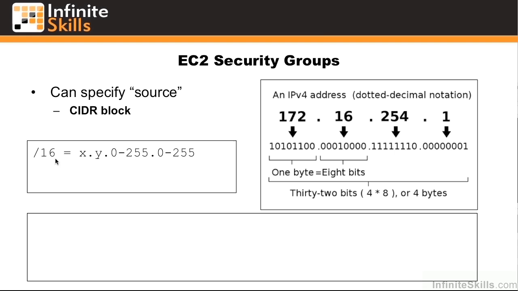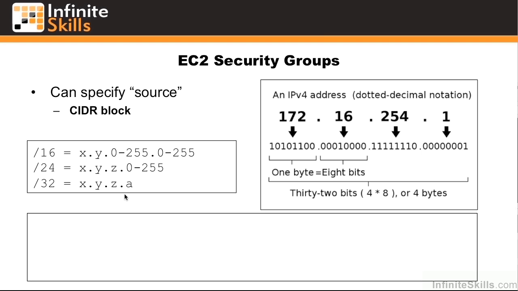Such as right here, we have /16, which for this address would specify that the first two octets are hard-coded. The third parameter can be between 0 and 255, and the last parameter can be between 0 and 255. If we have a /24, we're masking off the first 3 octets, or 24 bits, in which case we have X.Y.Z, which are hard-coded, and the last one can be 0 through 255. If you specify a /32, you're specifying a single IP address, in which case we have X.Y.Z.A